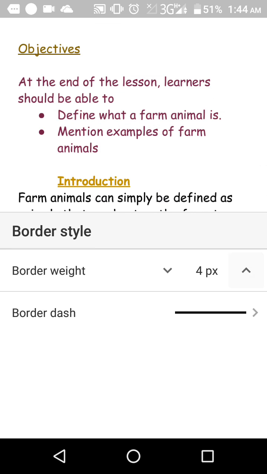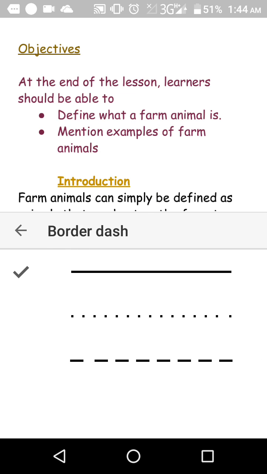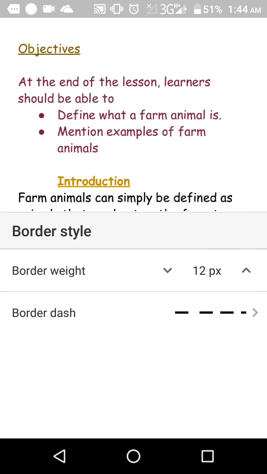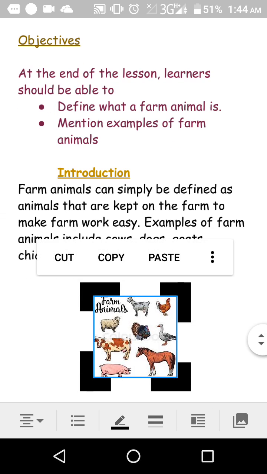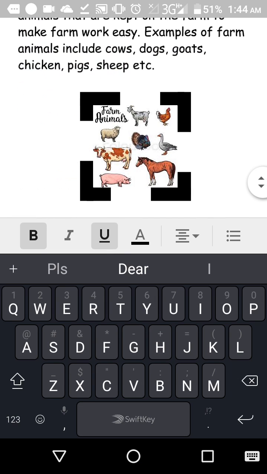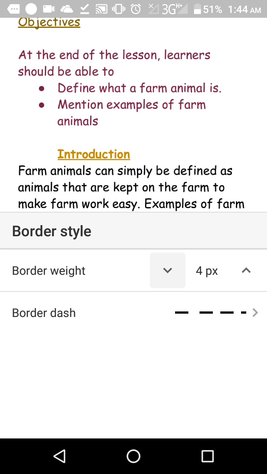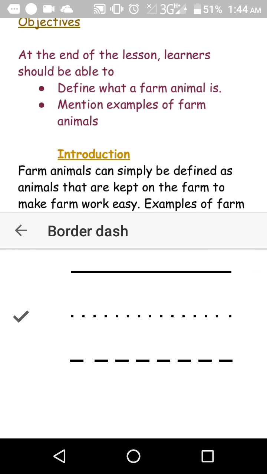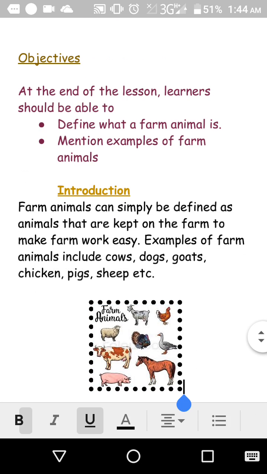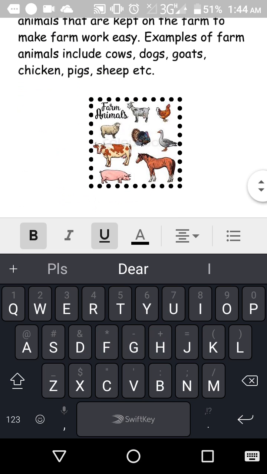You click on the border width, and then I could decide to choose this or this for my border. You have something like this, but it's too pronounced, so you go back to the border, you reduce the border, let's just make it 4, and then you could choose a thin border for it, and you have something like this. You can see you have a farm animals,